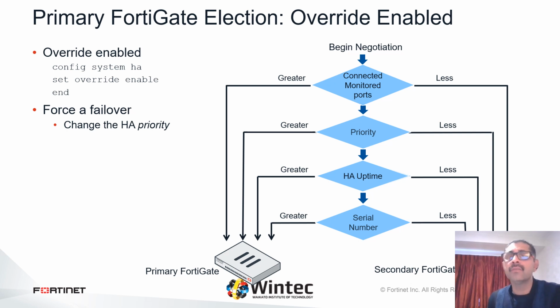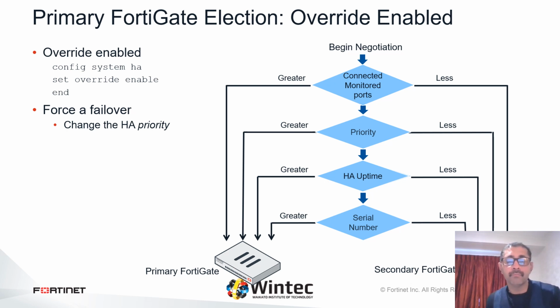Now, remember that the selection process stops at the first matching criteria, as I mentioned in the previous slide. This criteria should be such that it selects the primary FortiGate in a cluster at the first available option. When override is enabled, the easiest way of triggering a failover is to change the HA priorities. For example, you can either increase the priority in one of the secondaries or decrease the priority in the primary. The override setting and device priority values are not synchronized to all cluster members. You must enable override and adjust device priority manually and separately for cluster members.